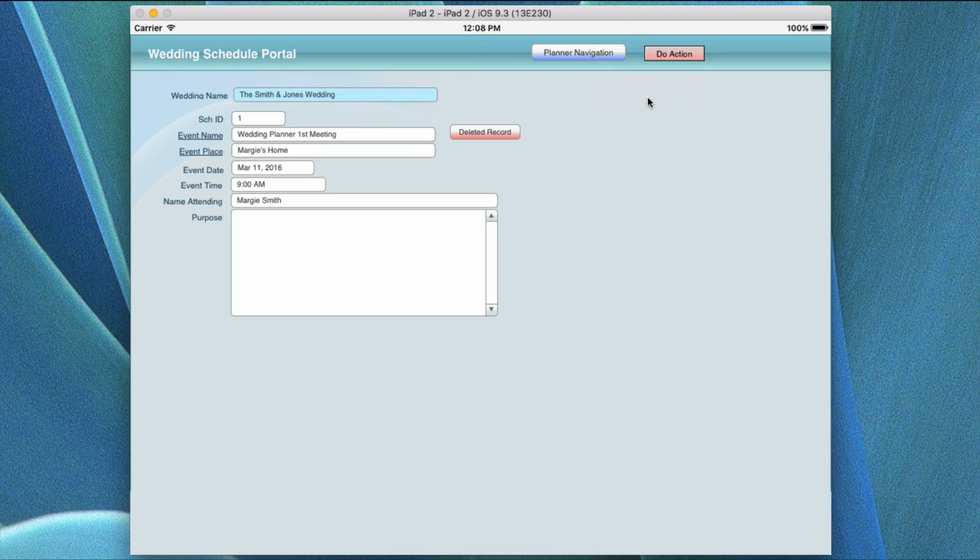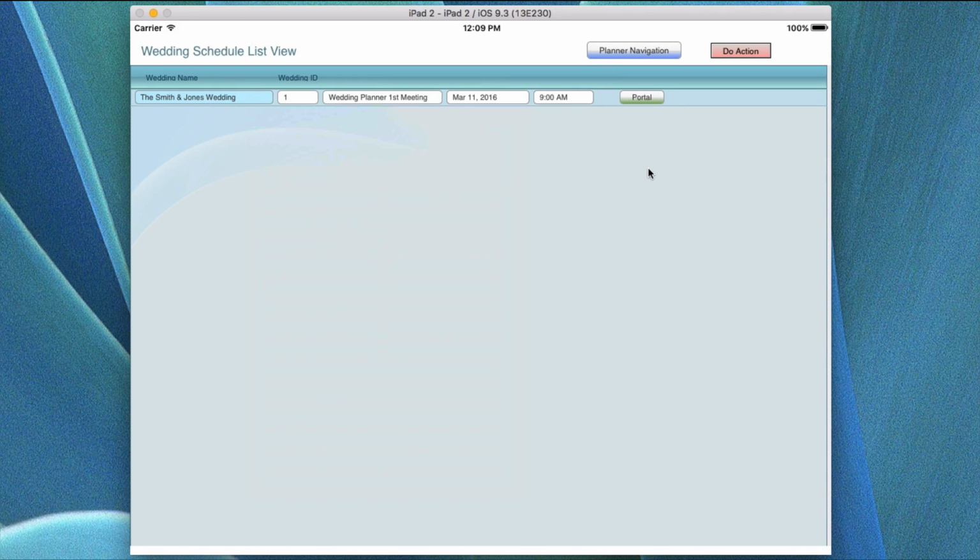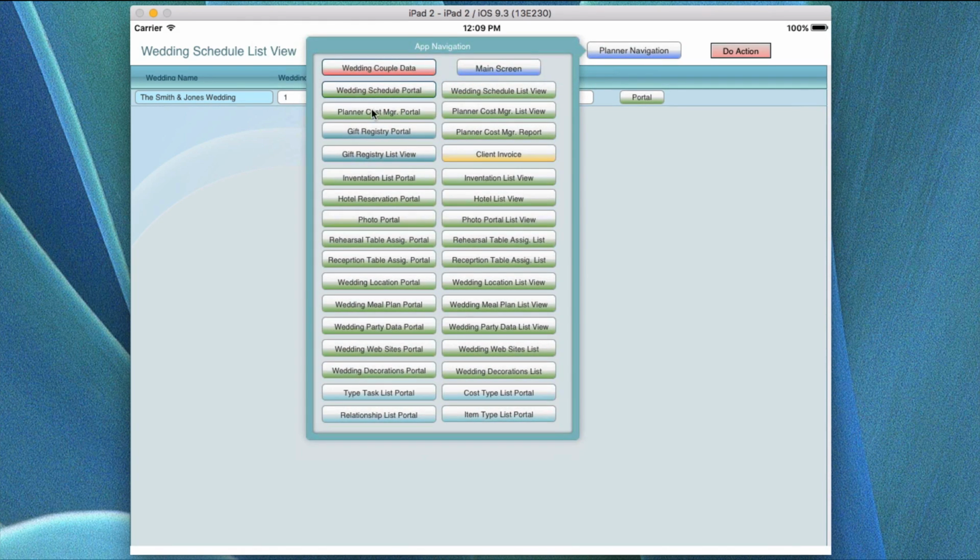If I click on the portal button, I go back in here. I can also do the search over here. And as you recall, if I had done it here and I had, say, maybe 20 records in the found set, I could pop right over to its list view and see each one of those and then click on the corresponding portal. Now let's go down to the next portal, which is the Planner Cost Management